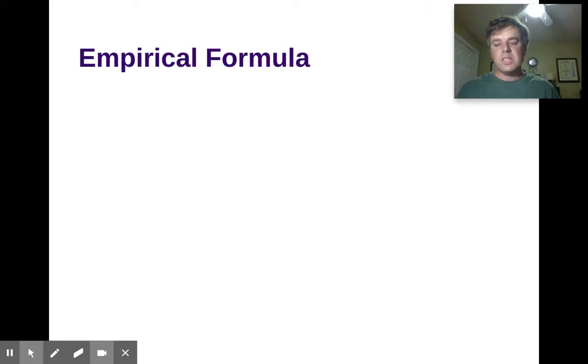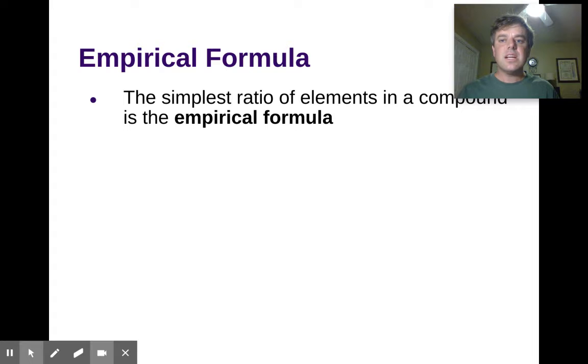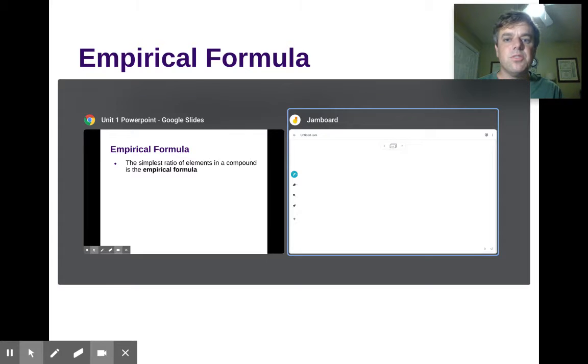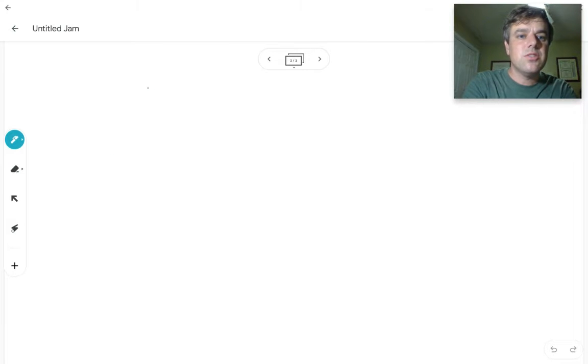Empirical formula is the opposite. You're taking percents and you're turning them back into chemical formulas. Now, empirical formula is technically just the simplest ratio. And that's because if we take a look at a couple of compounds, for instance, there is